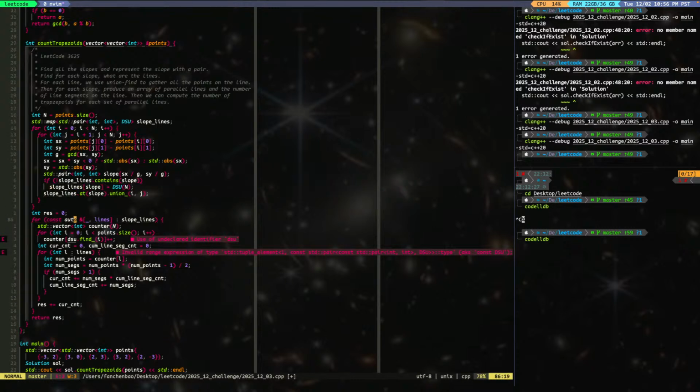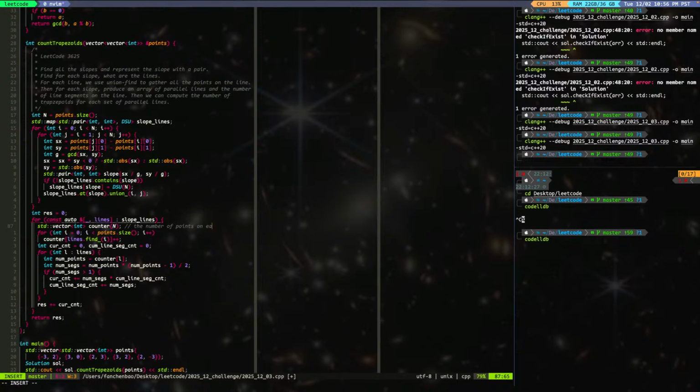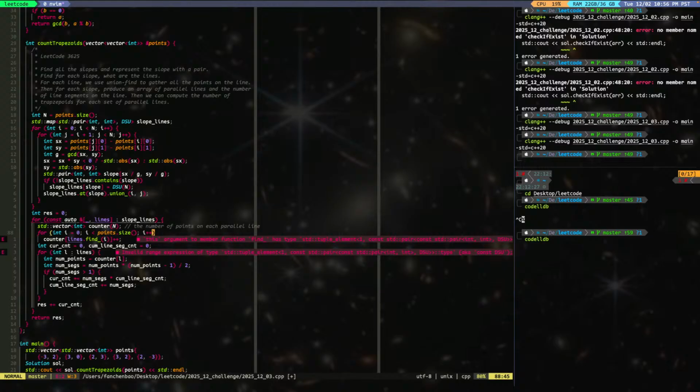So lines is a DSU, right? Lines is a DSU. So this is going to be counter lines stuff find, right? So we'll get plus plus plus plus, so we have different, how many points are on each line, right? So we get the number of points on each line, the number of points on each parallel line. And then